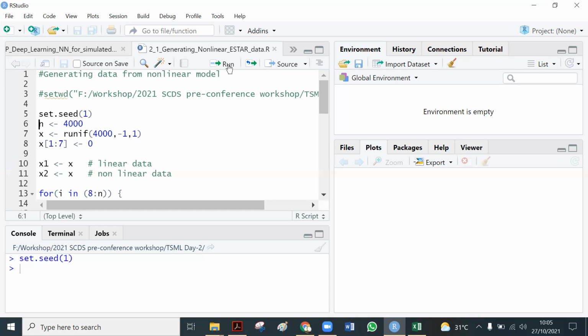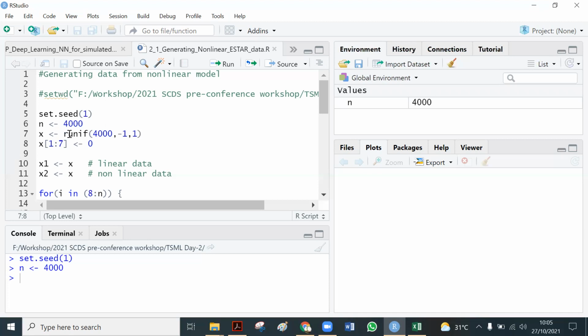We first generate 4,000 data using a uniform distribution. This is the function in R, where r is for randomize.